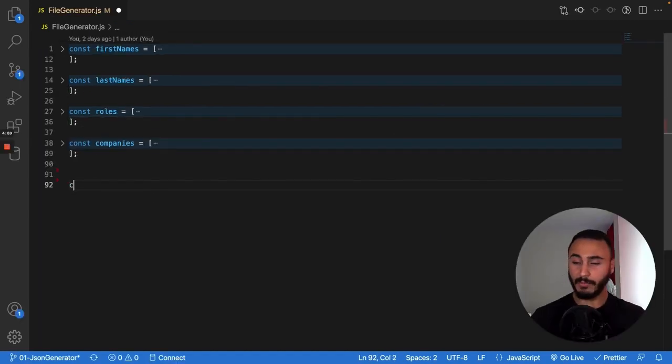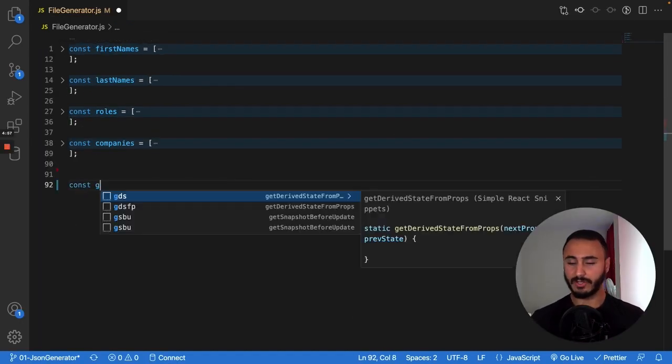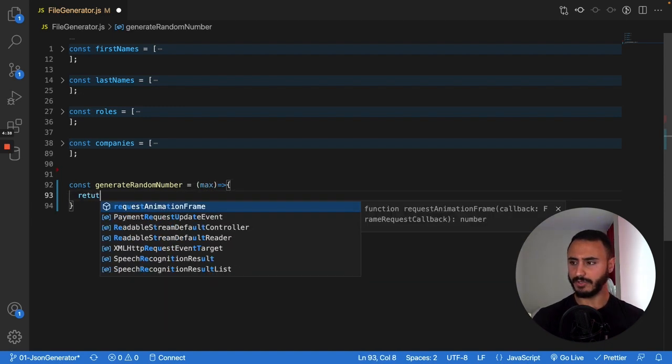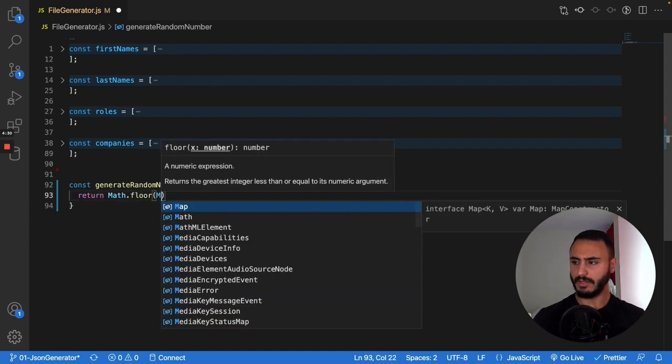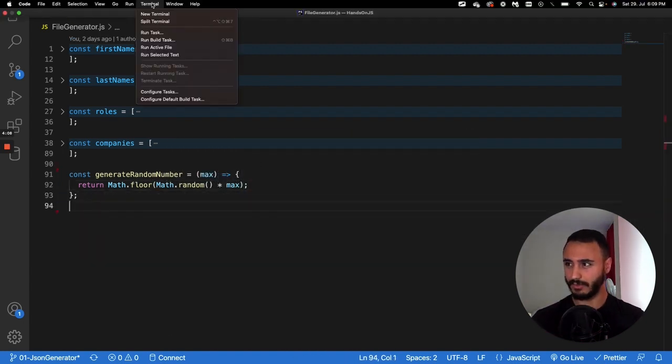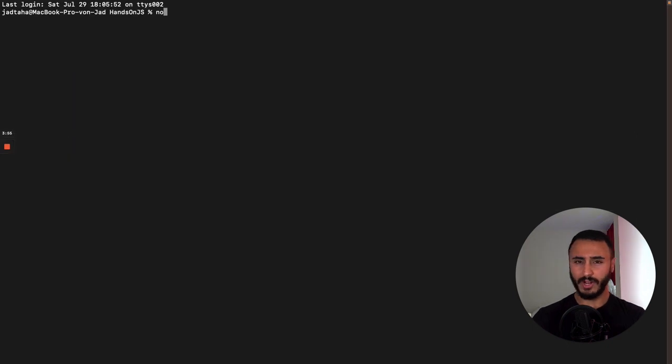So first, I'm gonna create an arrow function called generateRandomNumber. I'm using arrow functions here, so I'm gonna pass a maximum as an argument, and I'm gonna return Math.floor, and then Math.random multiplied by the maximum. Let me explain it to you. Click on terminal and then open the terminal. To write JavaScript and test it, I'm gonna run node,